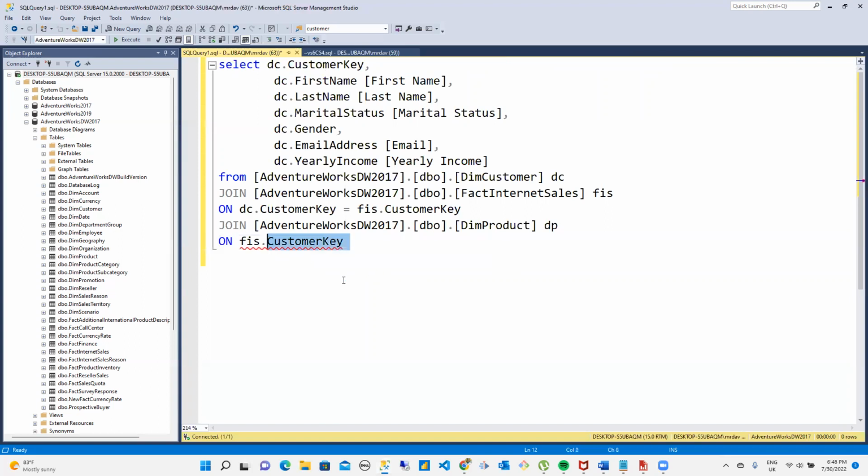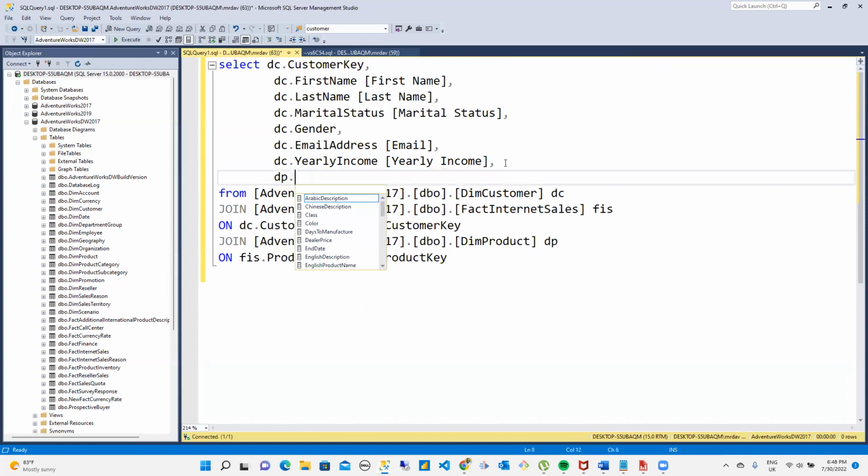So it's going to be FIS.product key equal to my product table DP.product key. All right, so product key. With this, I'm going to be adding the product. So, comma, DP.English product name is the name of my product. And here I just give it an alias of product